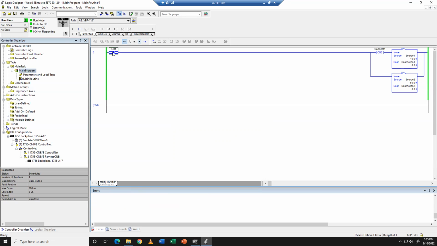So when we turn this on, it looks like both of these have happened. So it moved 10 into destination 1 and source 50 into destination 2. But because we know that the PLC is constantly scanning, if we go into destination 1 right now and we hit 0, it stays at 0 because it only moves it the very first time the one shot sees that